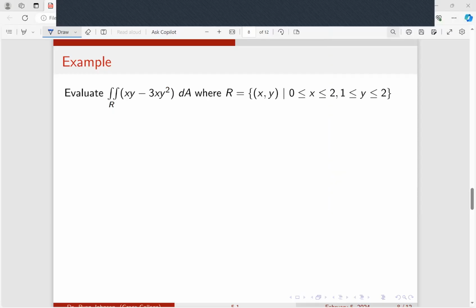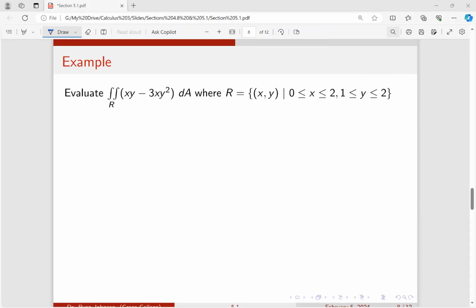Okay, this is our first example. So it's important when you're doing these double integrals, there's two things going on. There's the function going on right here, which is sort of the height of your terrain, and there's your region, that is the place where you're integrating. So it's always good to graph your region when you're doing a double integral, because your region is a nice